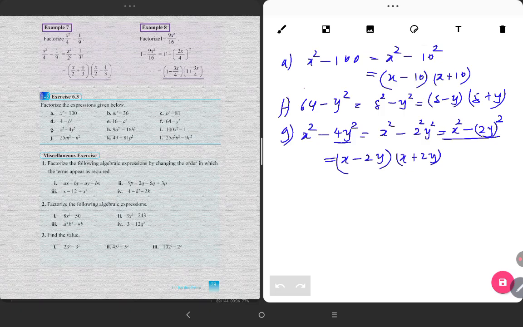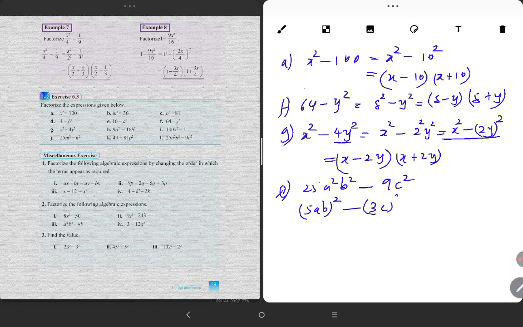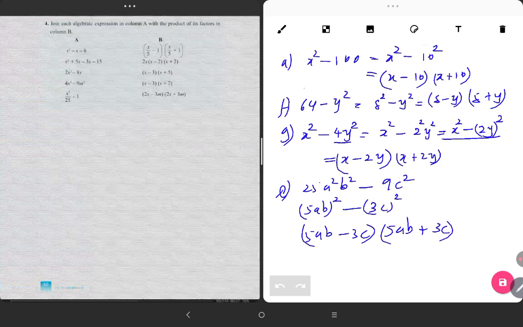Likewise, if I do L, which is 25a squared b squared minus 9c squared. So this I can easily write as 5ab squared. 5 times 5 is 25, a times a is a squared, b times b is b squared, minus this is 3c squared. So this part I can write as 5ab minus 3c, 5ab plus 3c, something like this. Pretty easy, right? Okay, so that concludes our